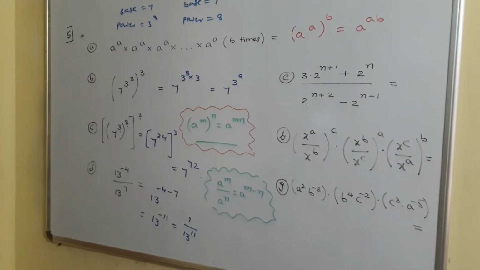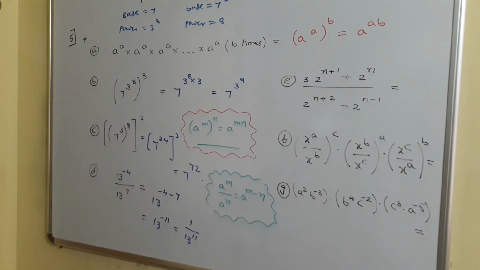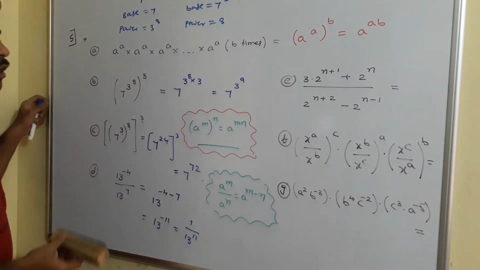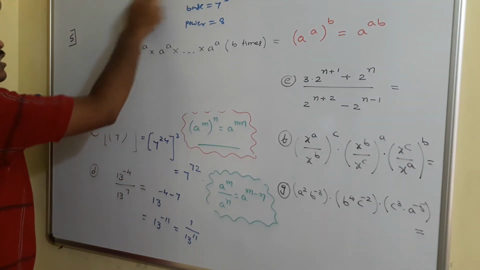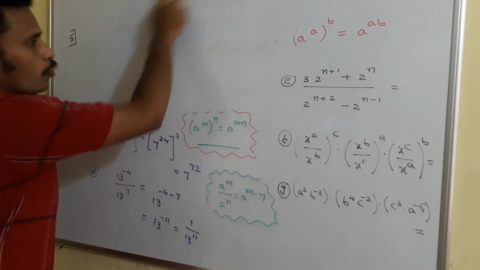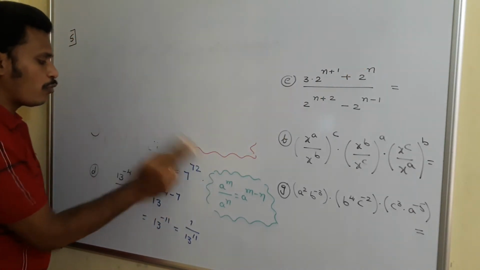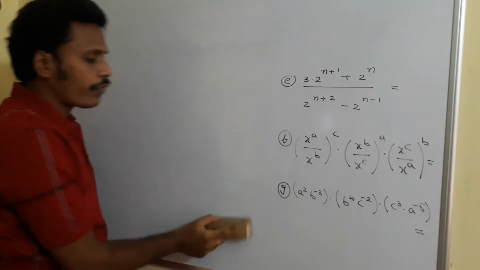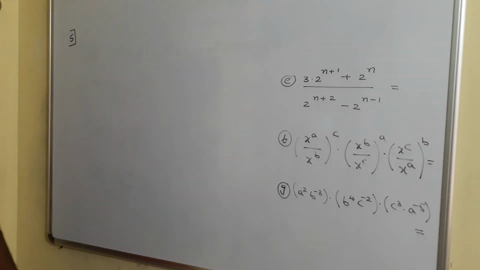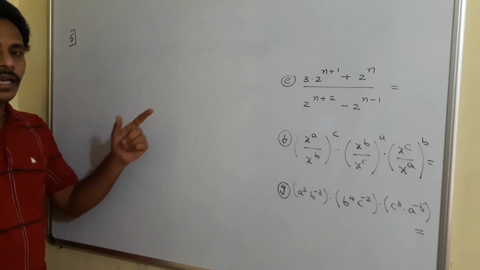From the first class onwards, I am stressing everybody to identify base and power clearly. You just revise the notes. Observe them and then try to identify base and power for each and every exponent clearly. If you are confident and clear about identifying base and power, then automatically all the problems of exponents are very much easy. And now I am going to handle part E.